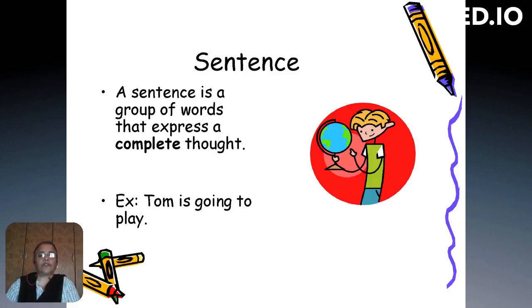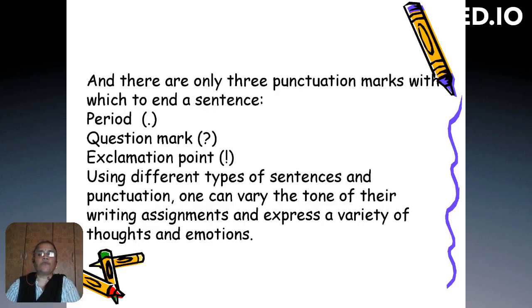For example, Tom is going to play. I will be going to the market. The dog barks at the cat. So simple sentences like this. As we move, we can see that there are mainly three punctuation marks which are used to end any kind of sentence. It's a period or a full stop as we commonly know it, a question mark, and an exclamation mark. So, using different types of sentences and punctuation, we can actually even vary the tone of the